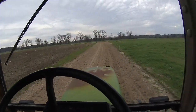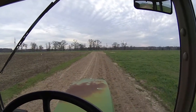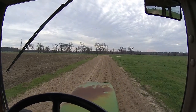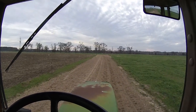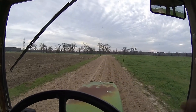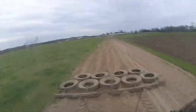So here's the whole idea. You see where the cows have been walking single file, it's a real sandy section, so when somebody drives by with a tractor or a four-wheeler, the cows like to walk in that track because it's kind of packed down. So then you end up with these lines, and when it rains, the water stays in that line. So what we're wanting to do